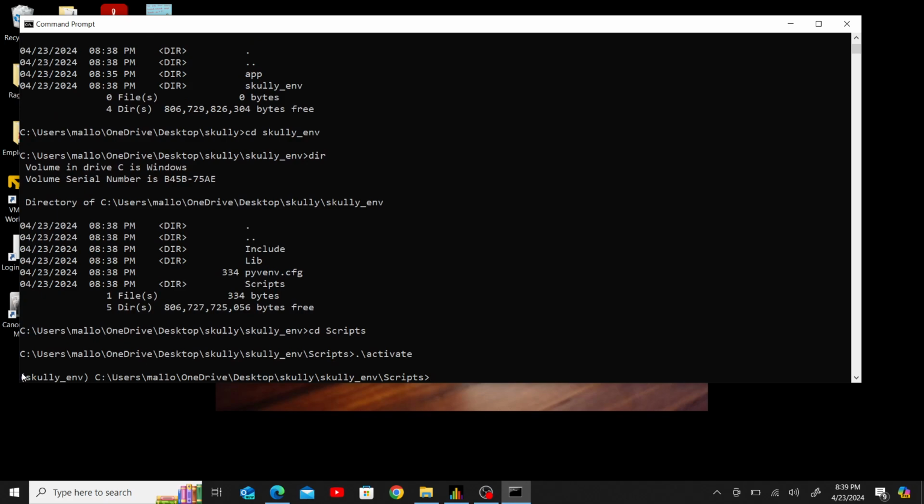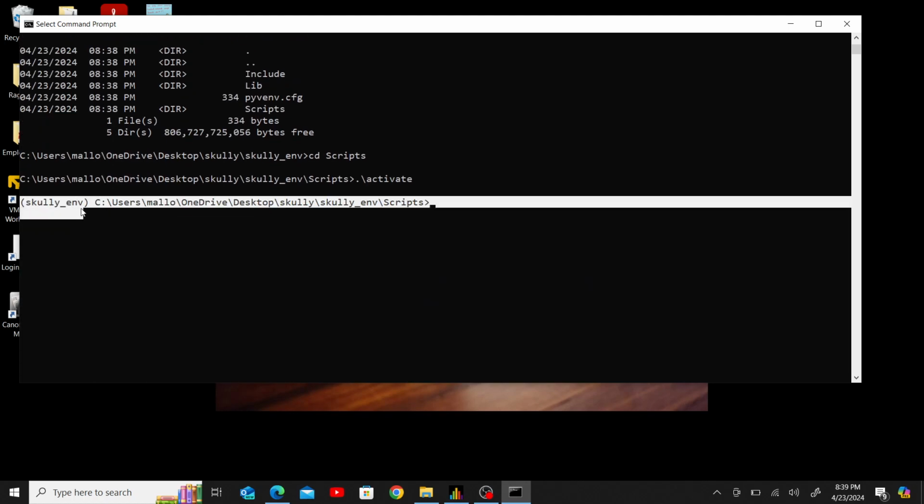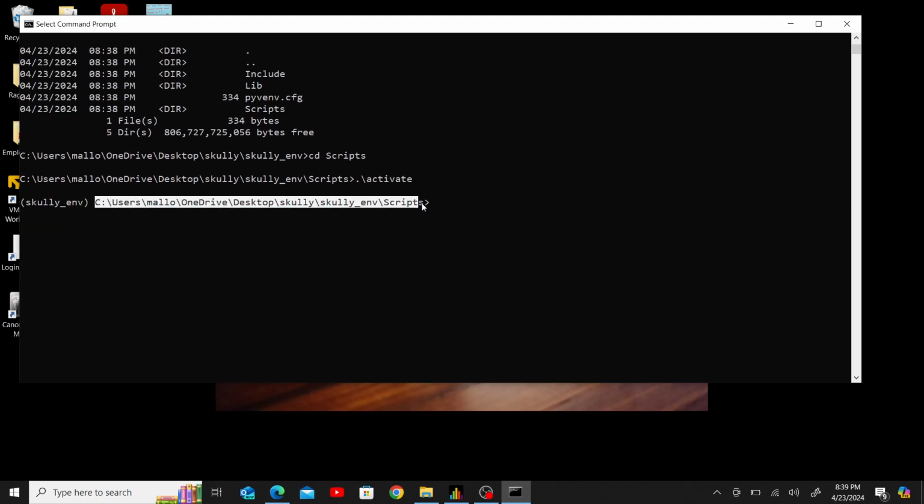So now over here in parentheses is the name of my virtual environment. And then there's the rest of my prompt that's always there. And if you see this virtual environment name over here in parentheses, that means you are currently in it. It is activated. All right, so now that we've activated the virtual environment, we need to create the rest of the structure for